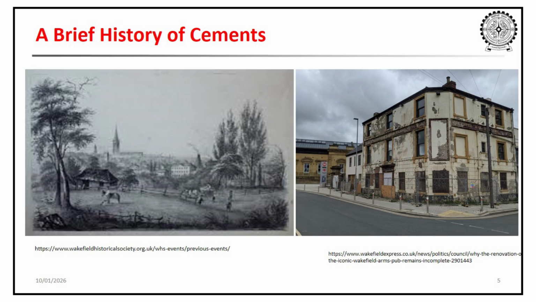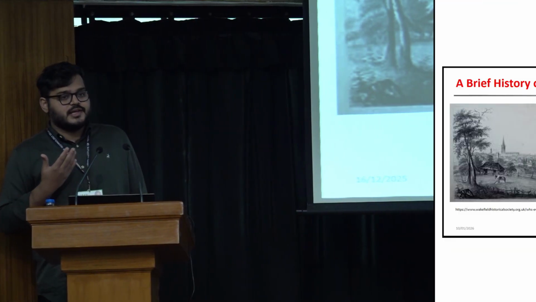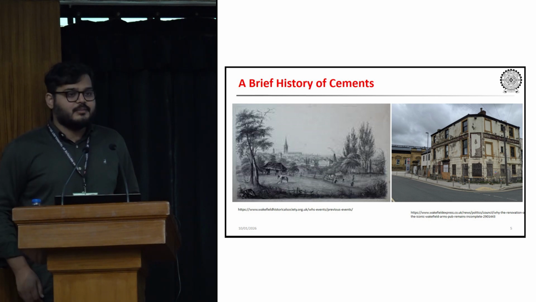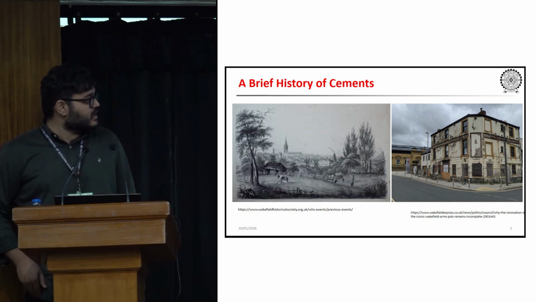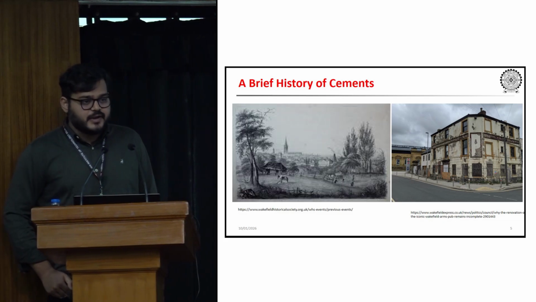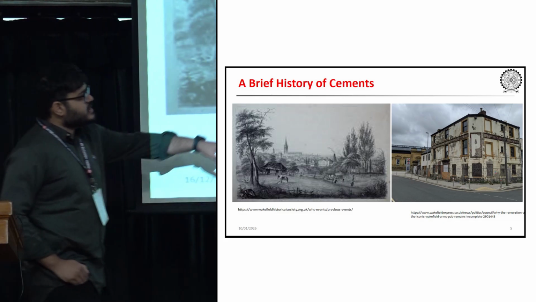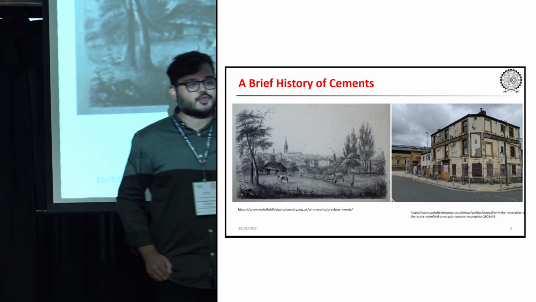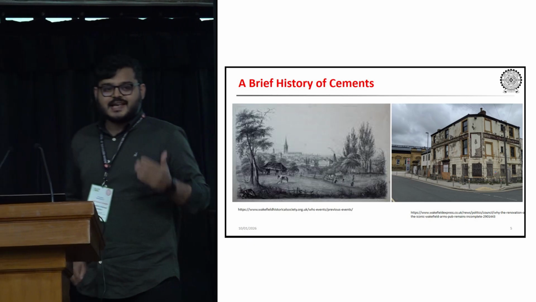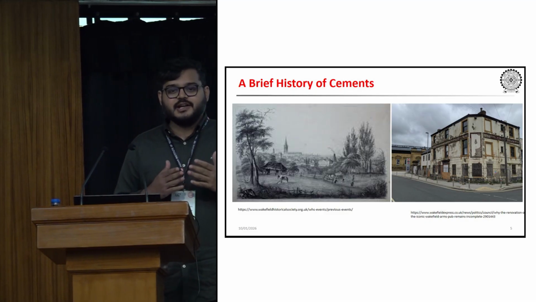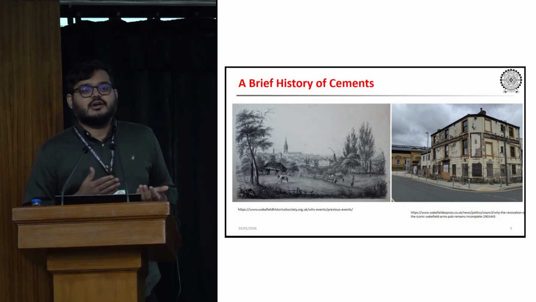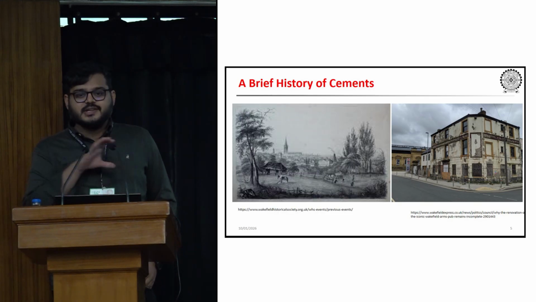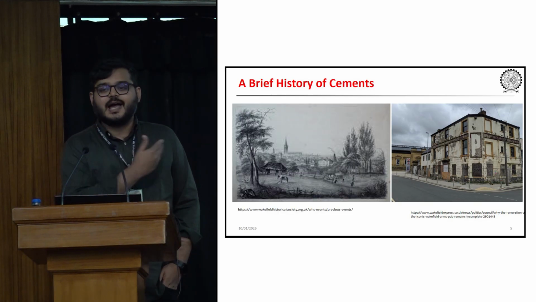So when we are looking through some of the historic images, artwork produced at that time, this is a painting by a famous painter known as Thomas Kilby. It's called A Day in Wakefield. What we see is a very small kiln here. When he was drawing the landscape, he actually caught the vertical shaft kiln that Joseph Aspdin was using to make his cement. So it's very nice to see the history actually captured in this